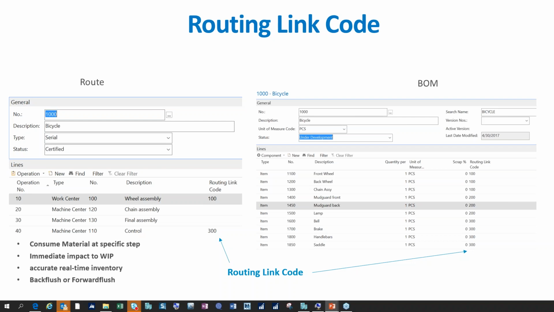I don't need all that material in-house day one, but I do want planning to know about it. And if I attach this material to 300, it's going to do the lead time calculations and all that good stuff to let me know when I need to order it. Now, if you're using routing link codes at individual operations to trigger consumption, you have to report